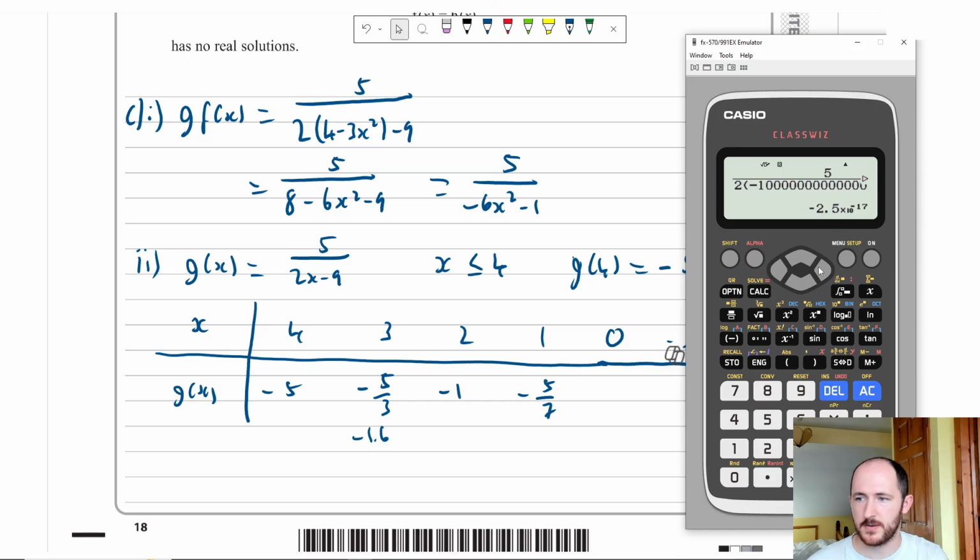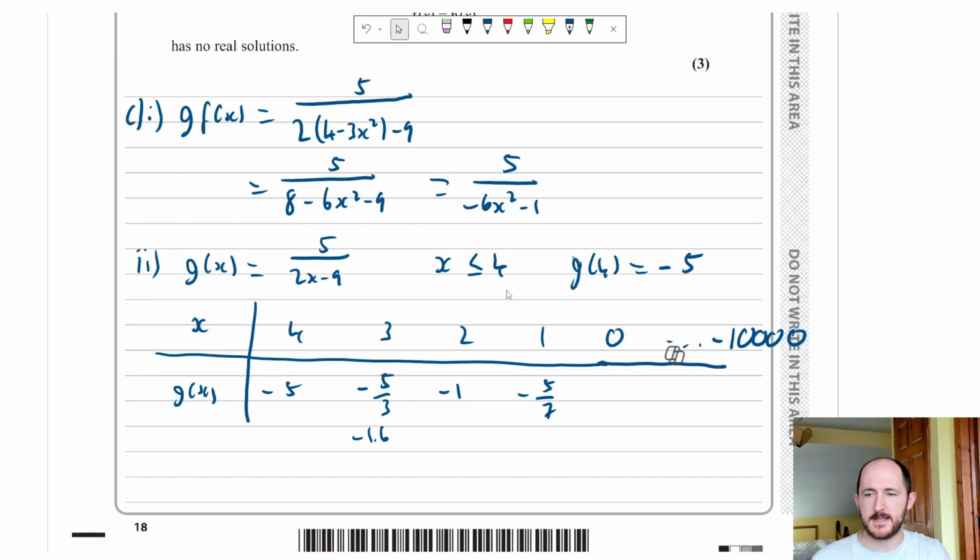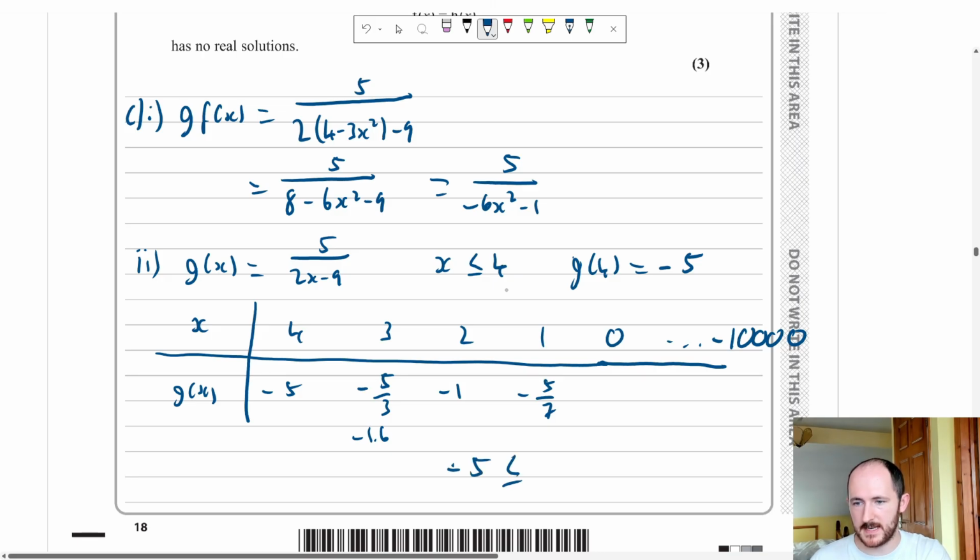Can you see how it's getting closer and closer to 0? Add a couple more zeros. Closer and closer to 0. So that means this graph is approaching 0, but it's never quite reaching it. So that means the biggest value it can be is 0, well, less than 0. So our range of values here is it goes from -5, less than or equal to g of x, less than